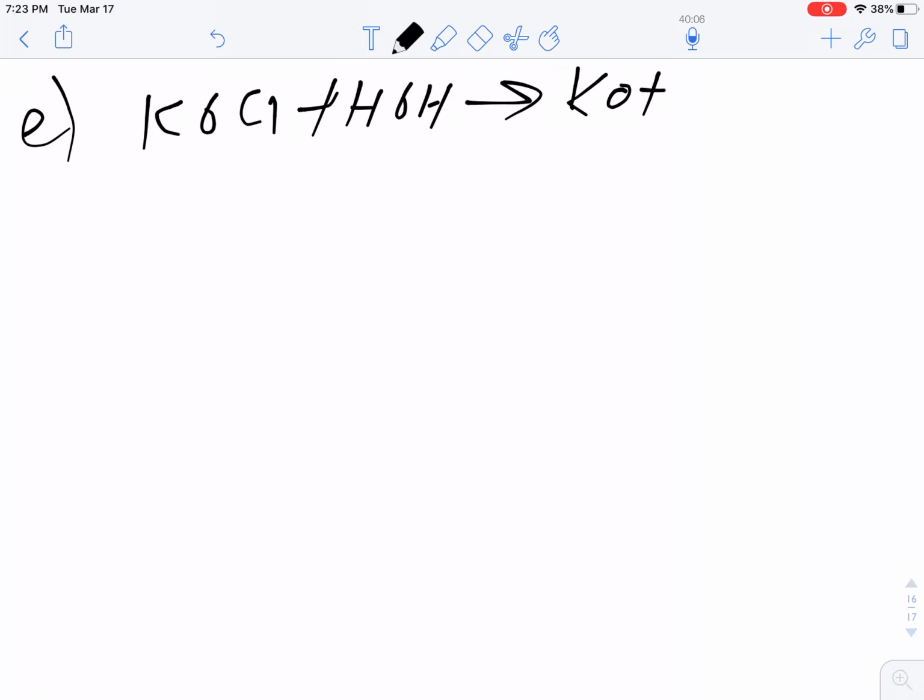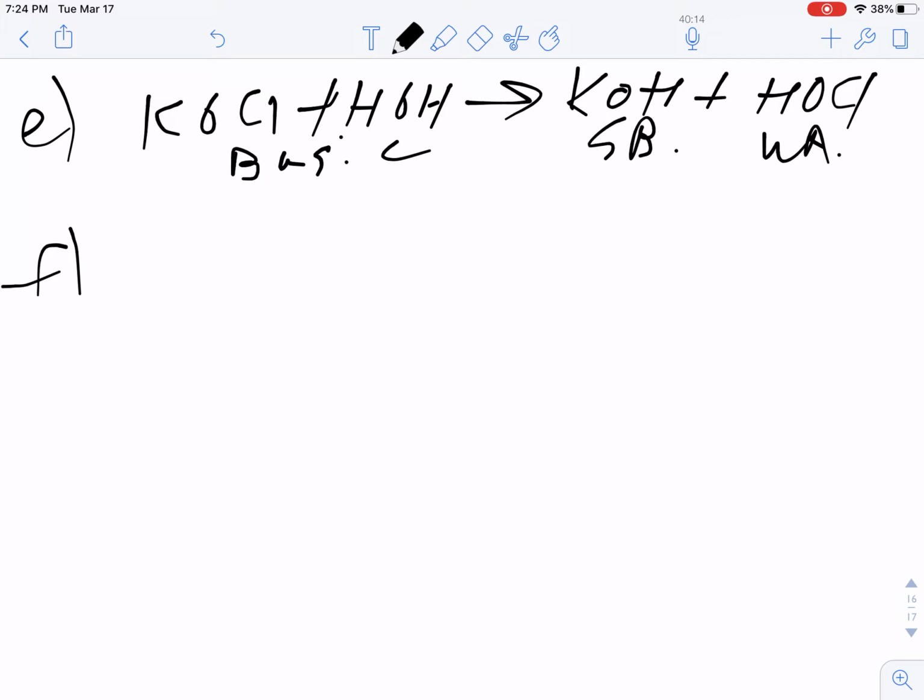This would be potassium hydroxide plus HOCl, weak acid, strong base. This one's basic. F,